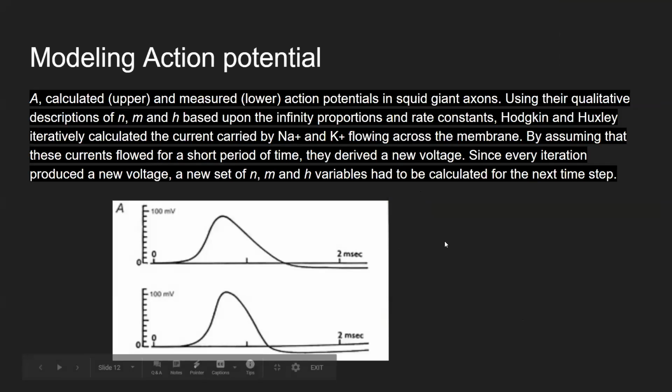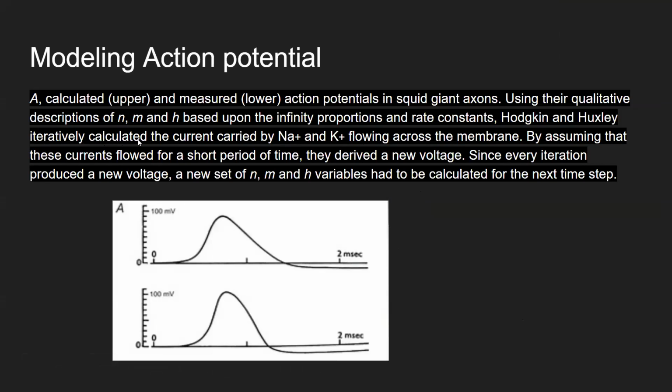And modeling action potential. So figure A is the calculated action potential, and the lower is measured action potentials in squid giant axons, using their qualitative description of N, M, and H based upon the infinity proportions and rate constants. Hodgkin-Huxley